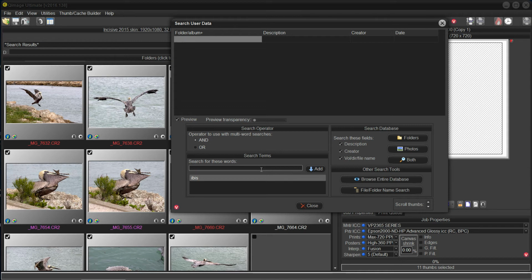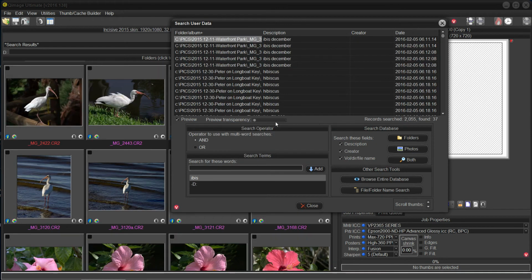So I can do that and weed them out later, or I can type in minus D colon, and the search will ignore the D drive, the hard drive called D. Okay? All right, so we add that, and we do a search,